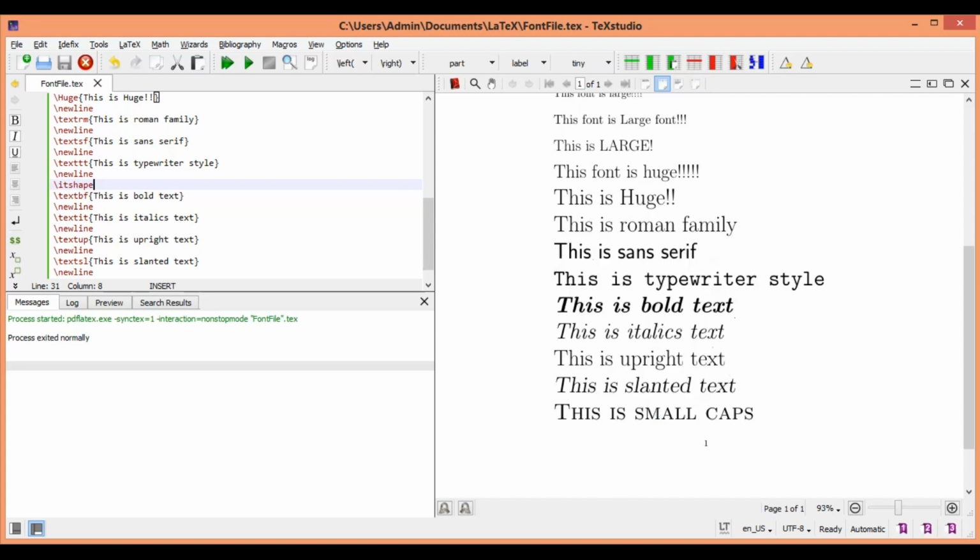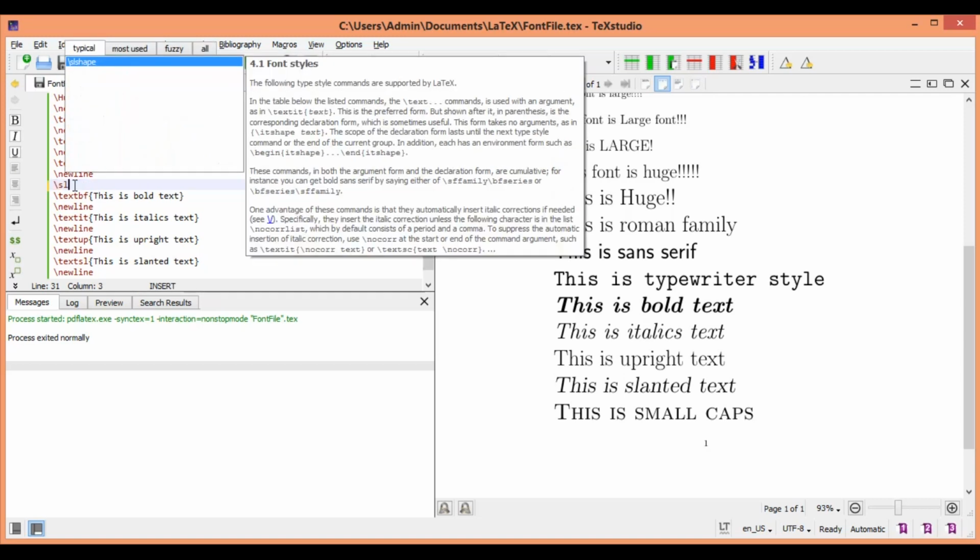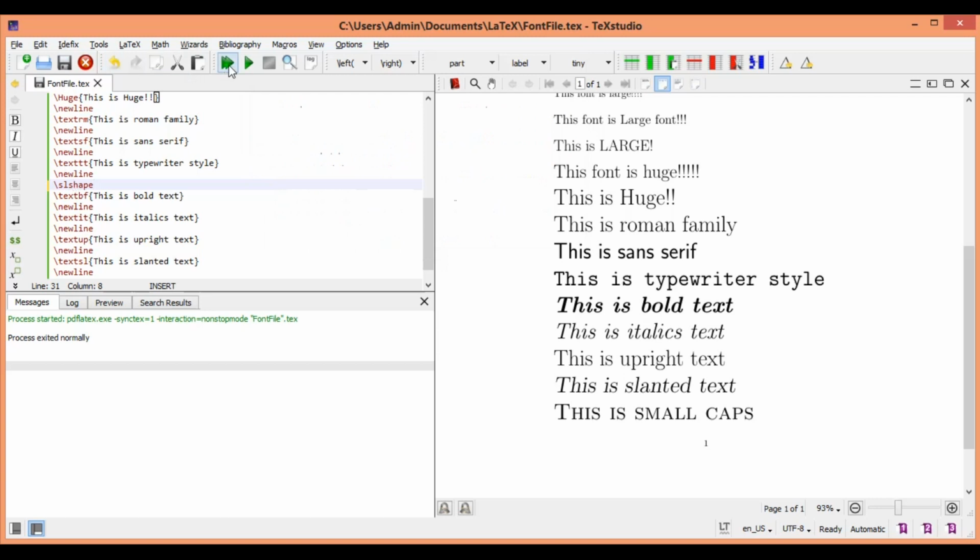But if you see in bold, it also comes in italic because the others are all not getting overridden. Like that you have for slanting also, that is SL shape. So now you see this is slanting, the bold is slanting, everything is slanted in it. So you can do it as a switch command for all of these font styles.